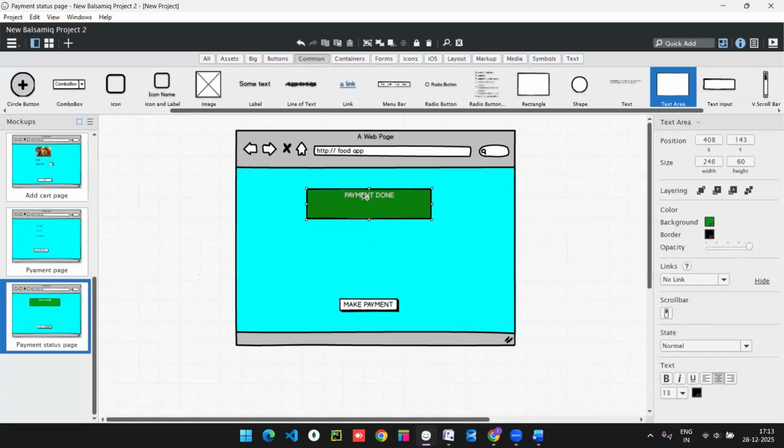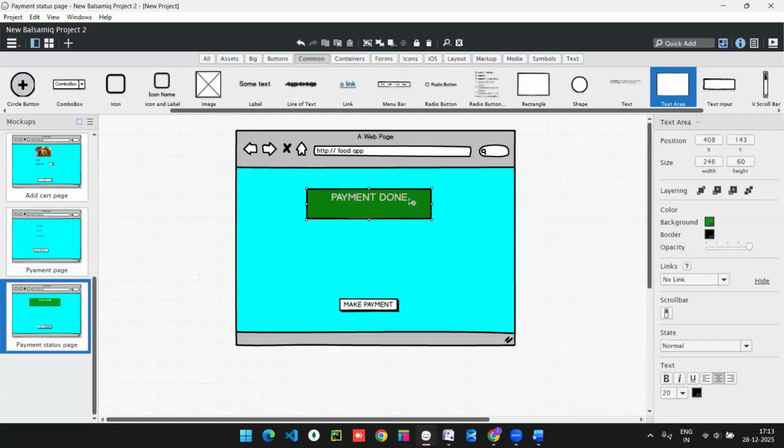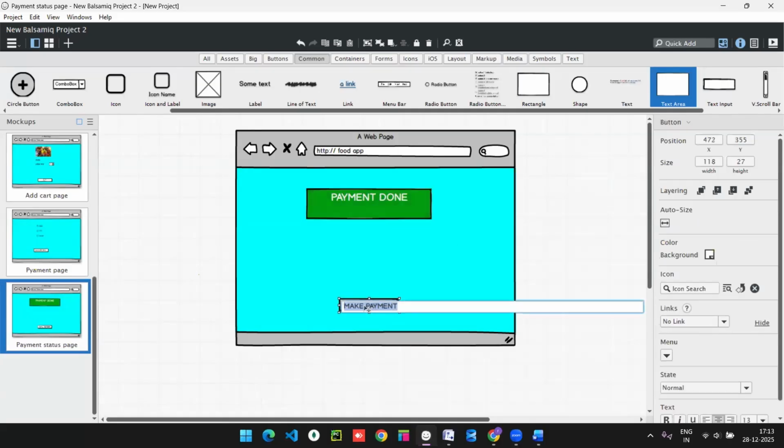And for the payment done text, if you want to change the text color also, you can go with the color and border. And for the opacity we are having, if you make it small, then see the colors change accordingly. And if you want to make the size bigger, then go with the value and choose 20. See, so my payment has been completed, then I will go again to my home page for browsing products